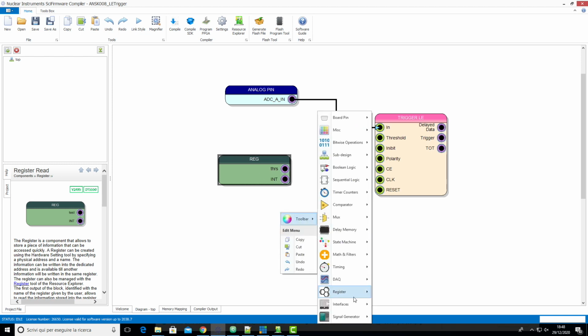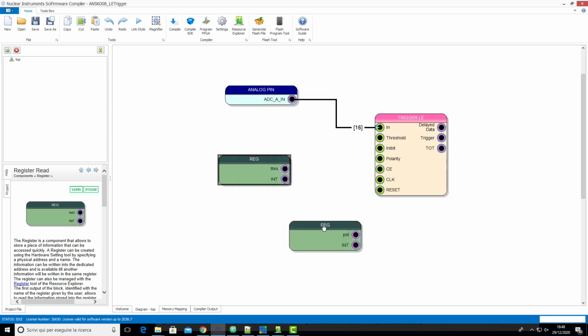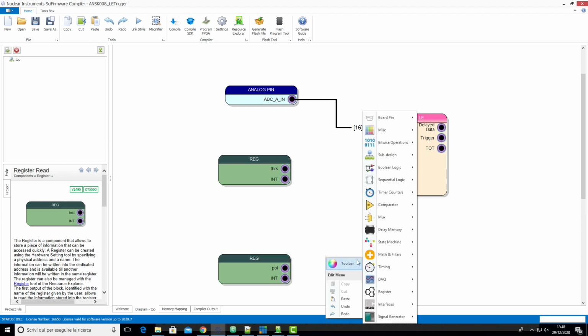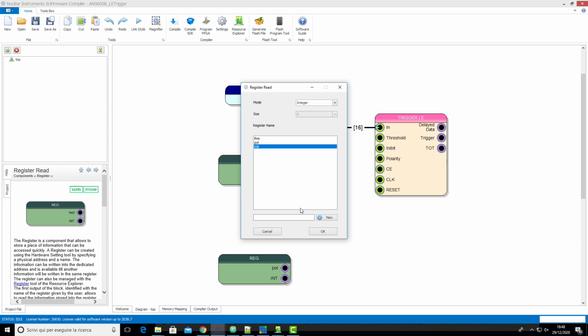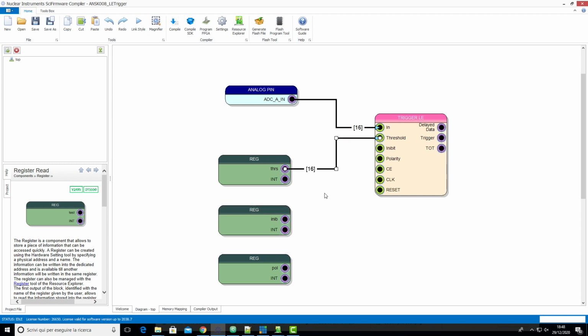Then we place another register, bit vector 1 for polarity, and in the end we place an integer register for inhibit. Connect everything.